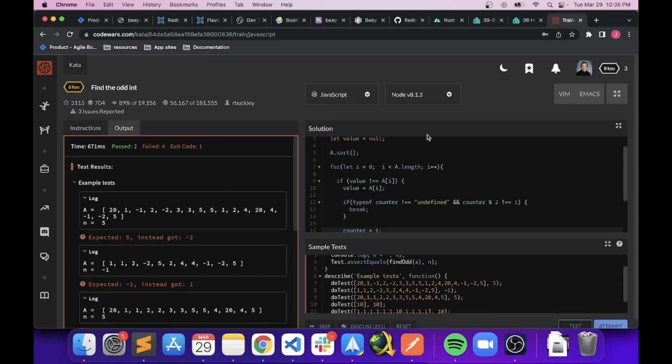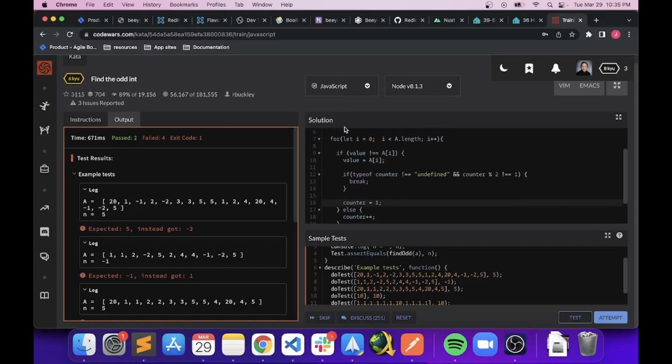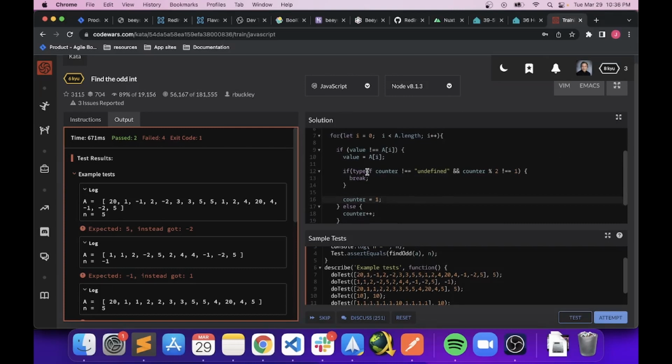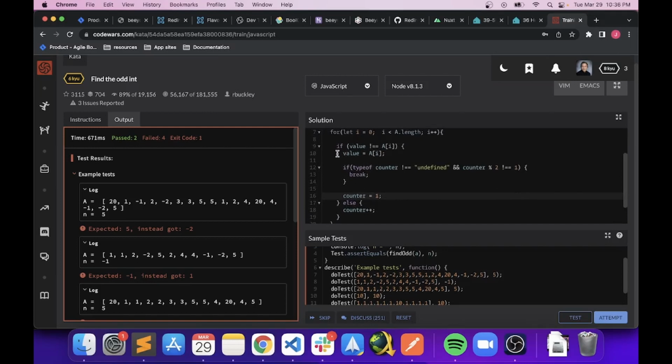We go through this, we increment, and so we set it to 1, and then else it's going to equal ++. We go through,